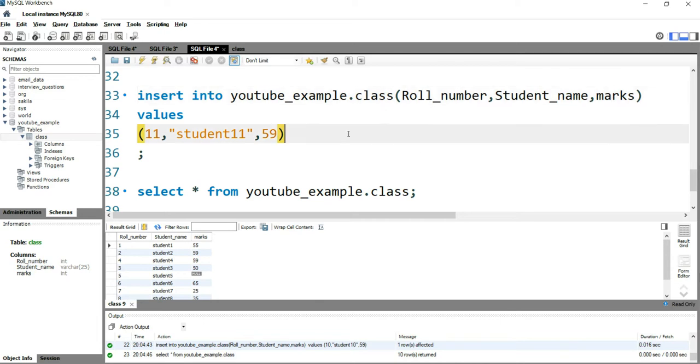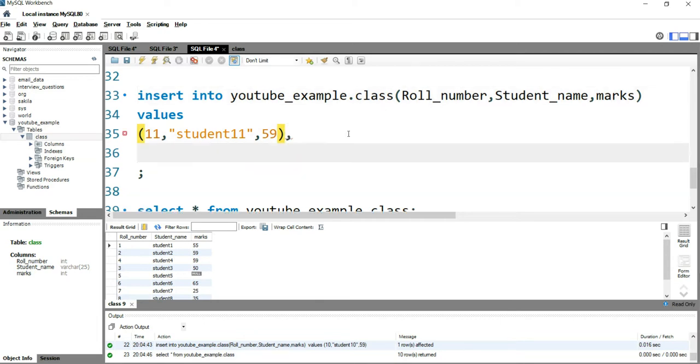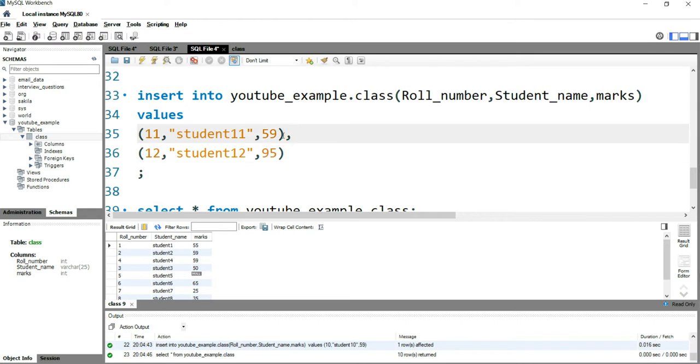Now if I put a comma here and put another record, which is 12, student 12, and marks as 95, and I close the bracket, then after this comma SQL will know that we are trying to insert a new record.